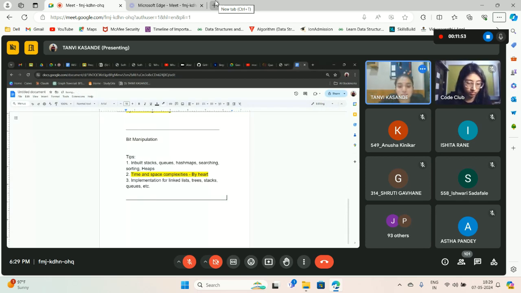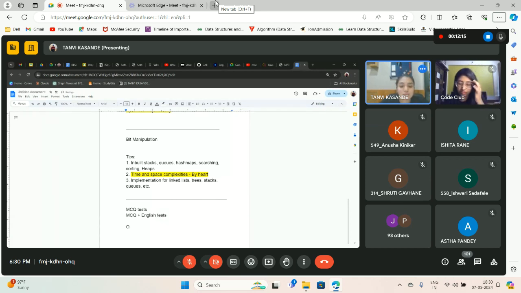And lastly, not all companies have DSA as their first coding round. Few companies have MCQ tests. Few companies have MCQ plus English tests.